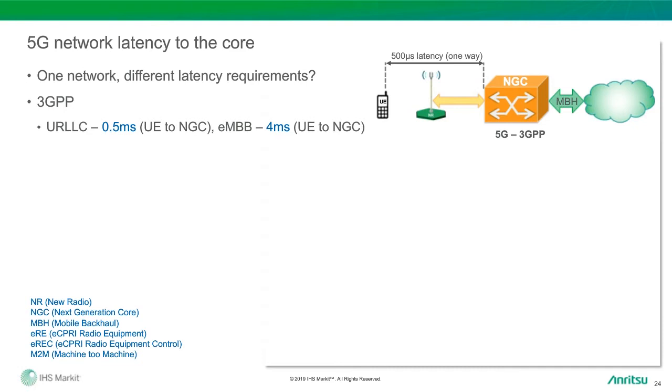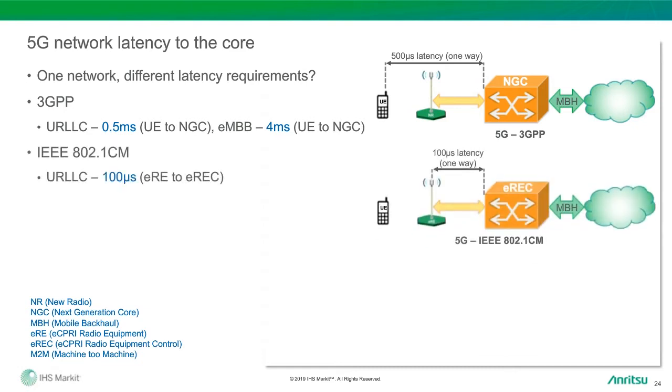But then when we move on to the next standard, the IEEE standard, IEEE have turned around and defined it as 100 microsecond, but from the radio unit back into the BBU, or their new naming, ERE and EREC. But that's only, as I mentioned, 100 microsecond. These are all one-way delay. So that effectively means that we've got 400 microsecond across the air interface, but we're quite restricted on the wireline